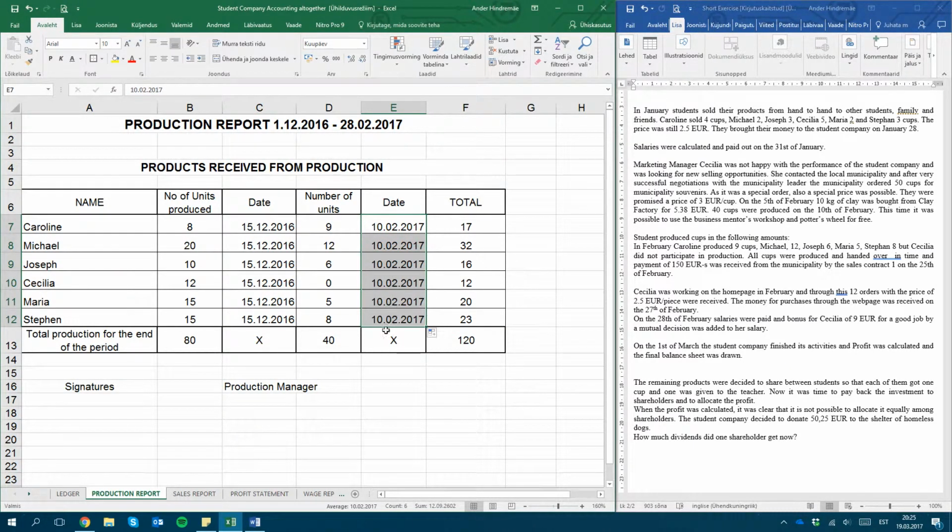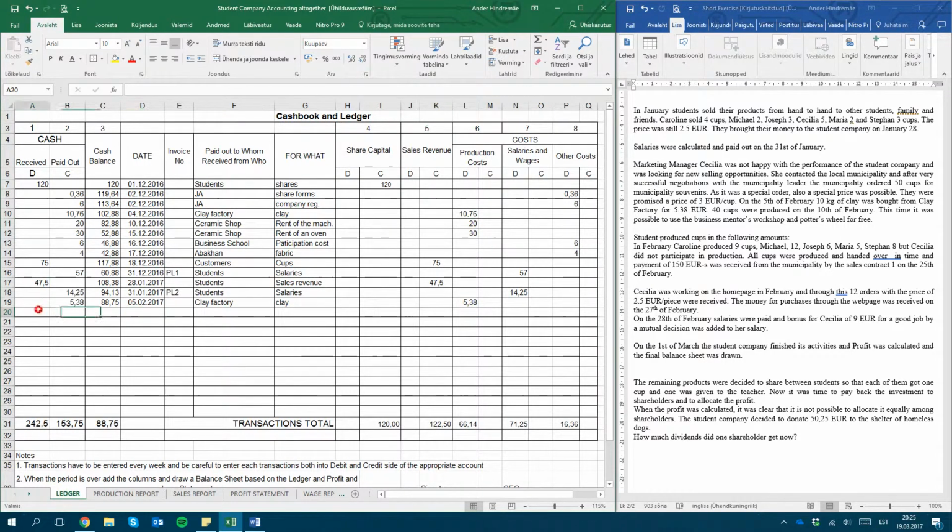Here we have, table fulfilled. All cups were produced and handed over in time, and payment of €150 was received from the municipality by the sales contract won on the 25th of February. Open the ledger. Money comes in,